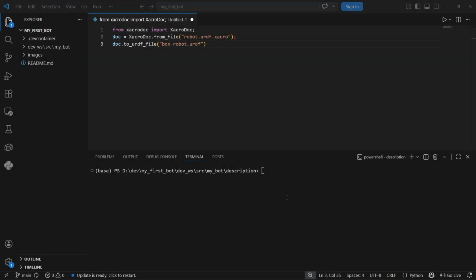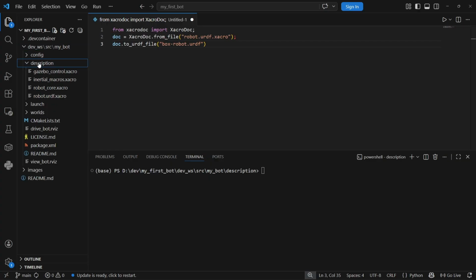Okay, so to get started, I've already cloned my repo locally and I'm in VS Code right now, and you can see if I navigate to my description folder, we've got our XACRO files, and I'm already set up in my terminal so that I'm already at that same description folder. And what we're going to do, since I don't have ROS currently installed, which is out of the scope of this video,